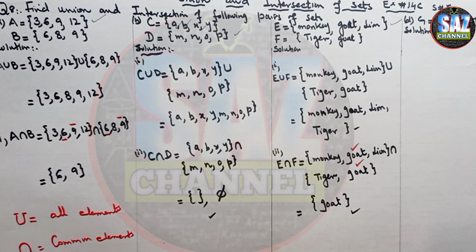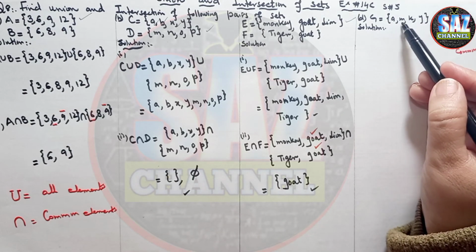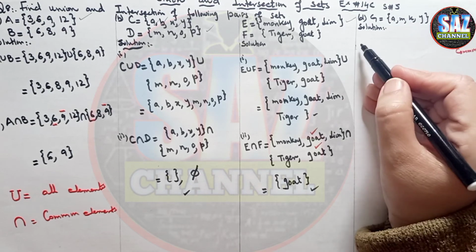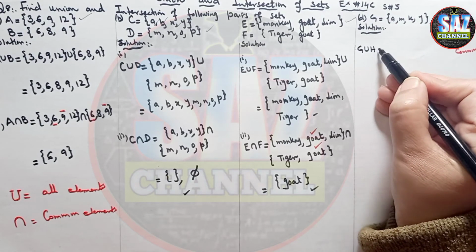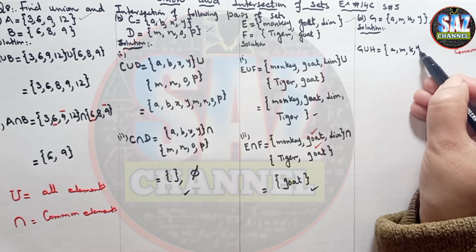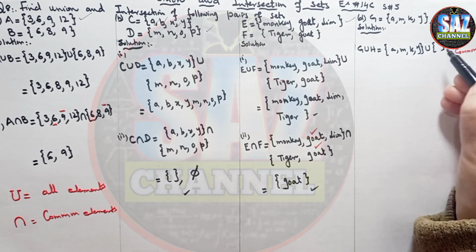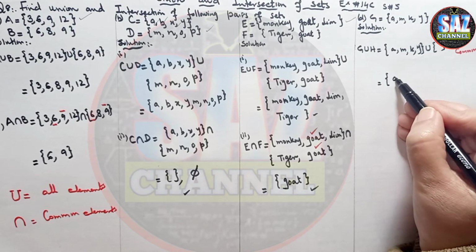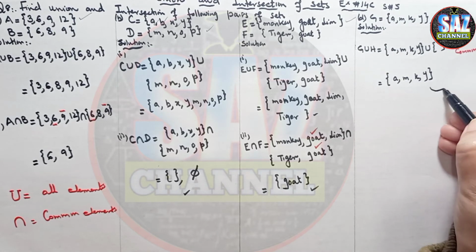Coming to the last part of the question, first of all we see that set G contains the elements A, M, K, Y, and set H contains no element, or it's an empty set. First I go for the union, and G union H will be equal to A, M, K and Y, and then I write union H. H is an empty set. As union means the collection of all the elements, the union will have the elements A, M, K and Y. I hope you are clear about the union.